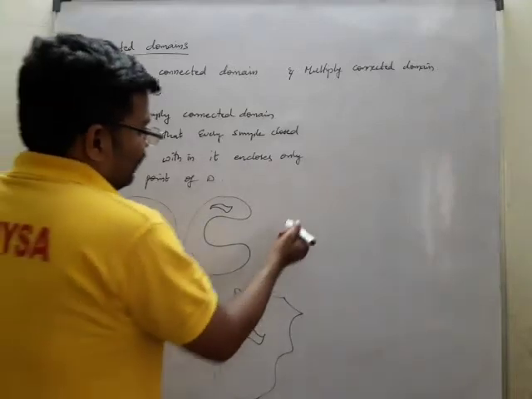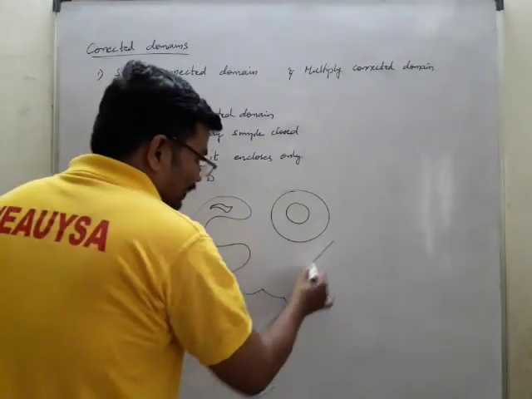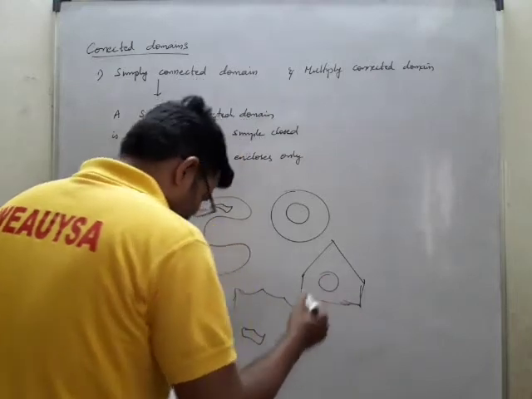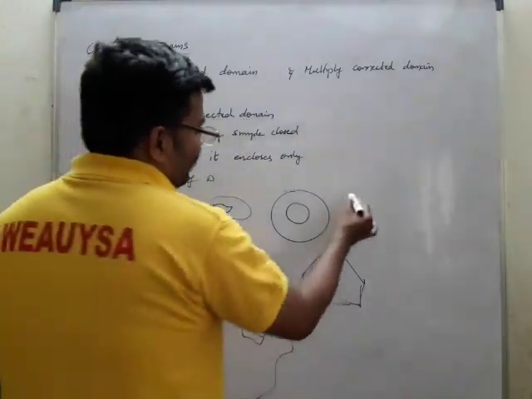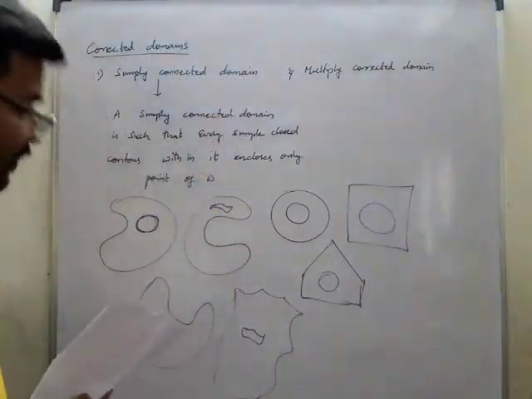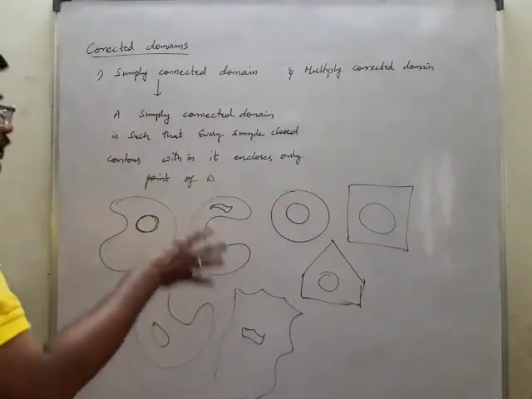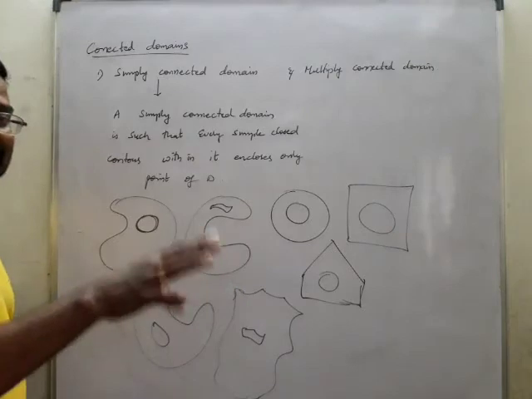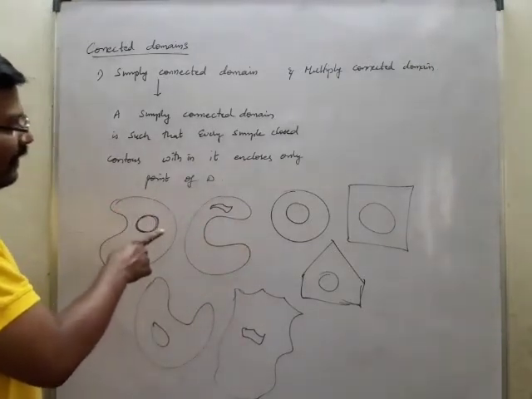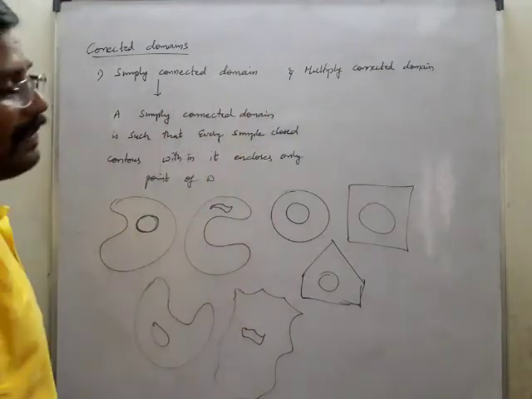And we can take a circle. This is also a simply connected domain, like this is also a simply connected domain. And you may take a square. This is also a simply connected domain. These are all simply connected domains, such that they enclose all the points within D. D is the region where you can come across. If a connected domain is not a simply connected domain, it's called a multiply connected domain.